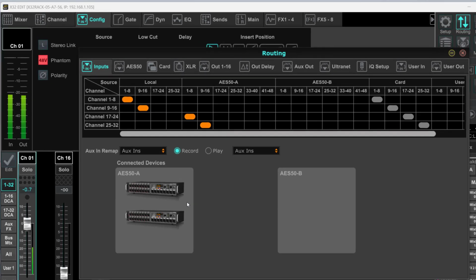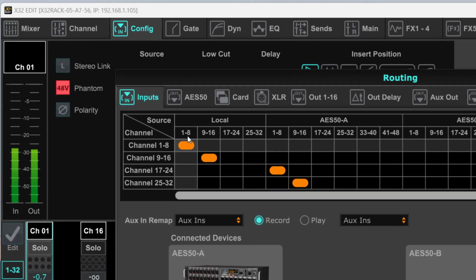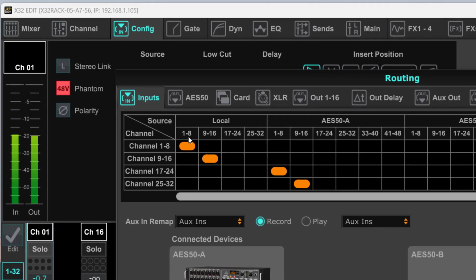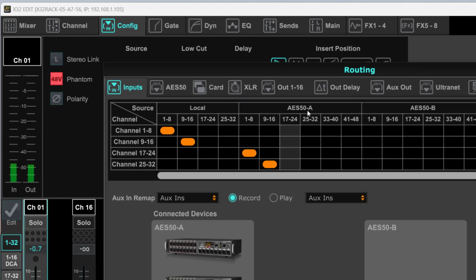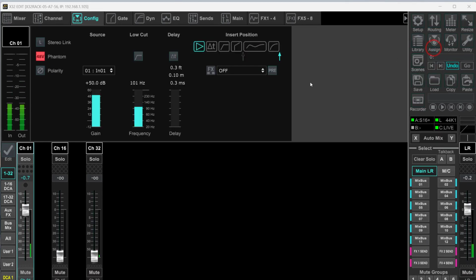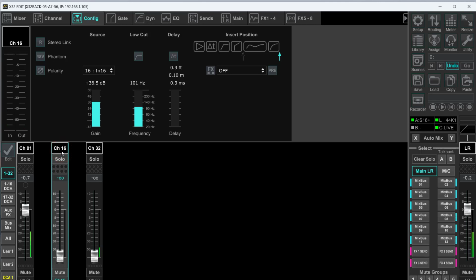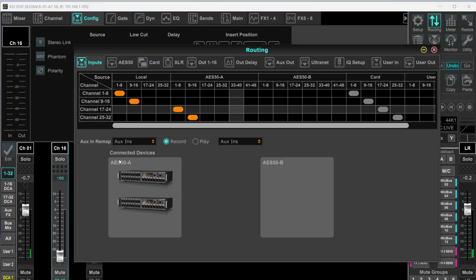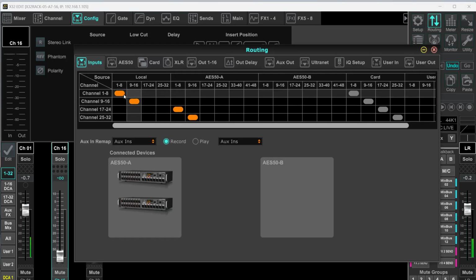So how do we separate this? Well, before, when you moved this block, as you can see, they're all in blocks of 8. That's why you'll always see these blocks of 8. So what we want to do is pull one input from our local. That's what our mic number 1 over here is attached to. And we want to put the rest of these on our AES50. Because if we look at it right now, as you can see, channel 16 has no input because it's in 16, which means that's local. But if we take this and put it 1 through 8,